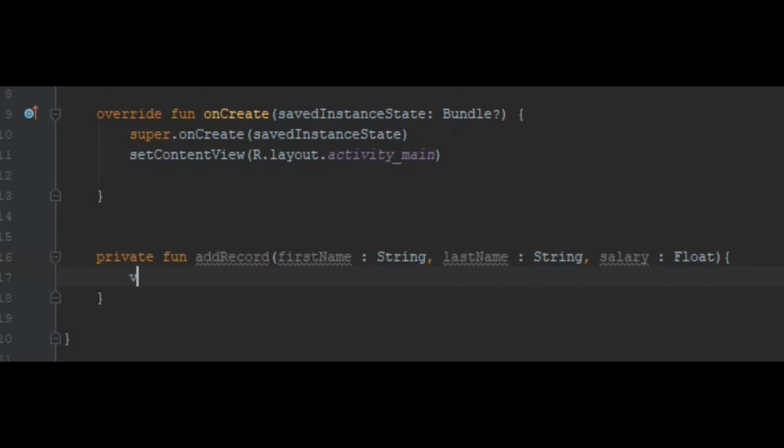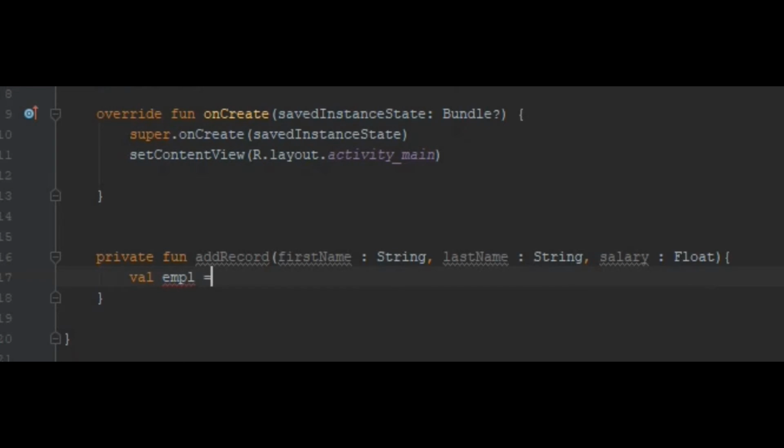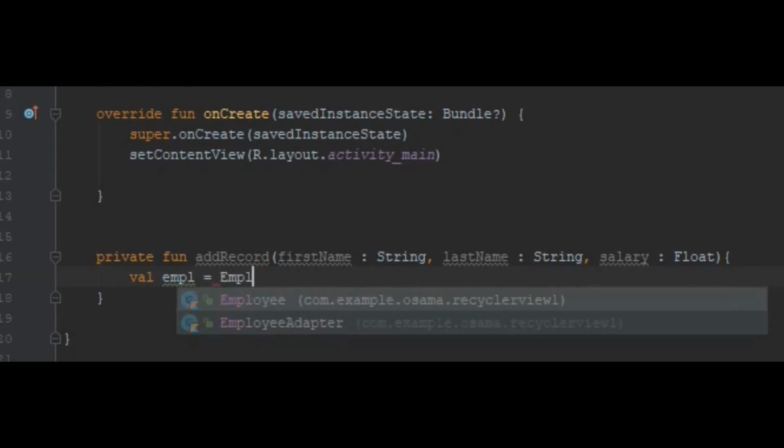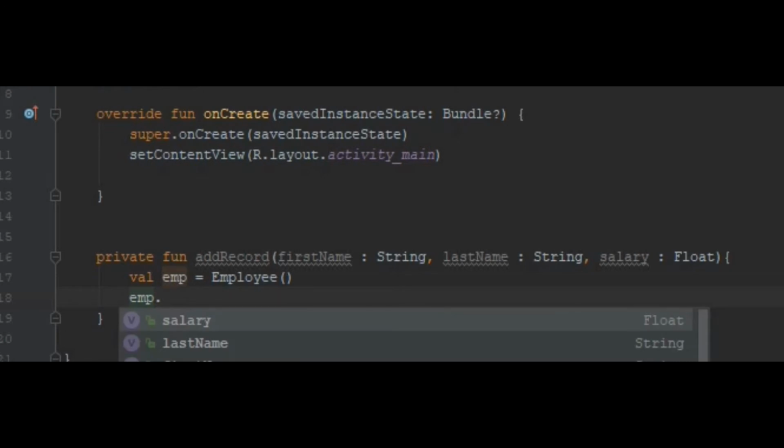We will define a record from record employee, val emp equal employee. This employee is the model that we created. Okay, and we will fill it now. Emp dot first name, sorry, it's emp, not empl. Okay, emp dot first name